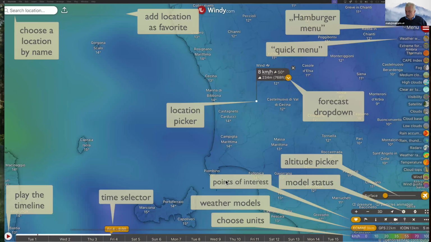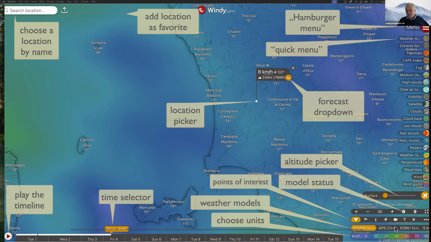Okay, so below that we have the points of interest bar, the heart that shows your favorite locations, with wind forecast, measured winds, measured temperature. A very useful one, which we'll look at, is the airports view, because that gives you the METARs and TAFs for the airports, but also the airspace view, which can be very convenient. The webcam view, which I talked about, and the radio sound view that shows the radio sounding. And the last one below that is the model selection